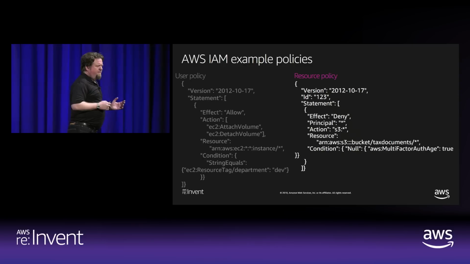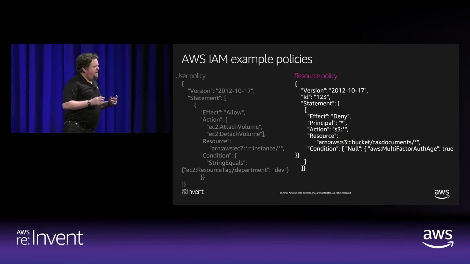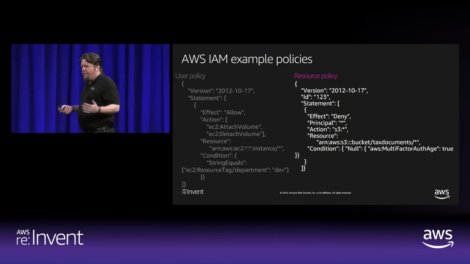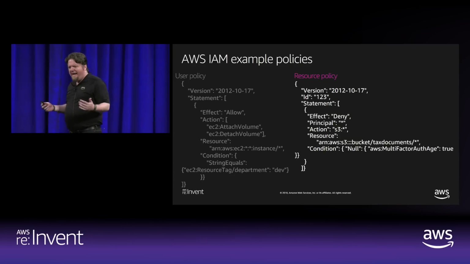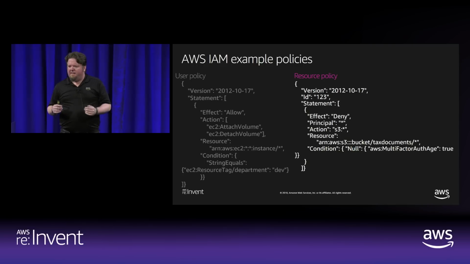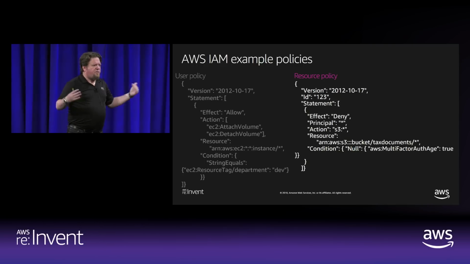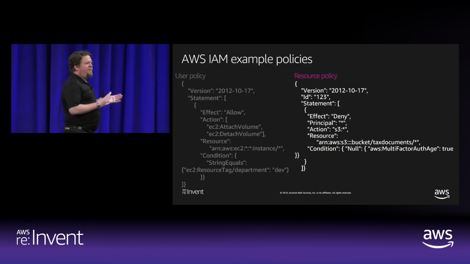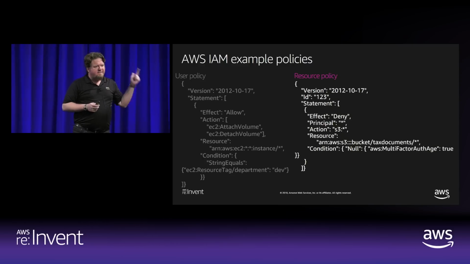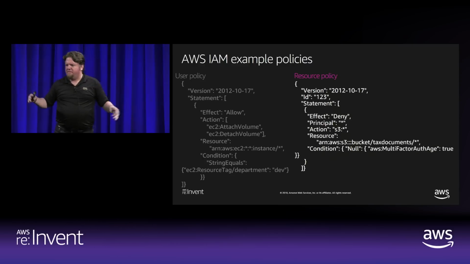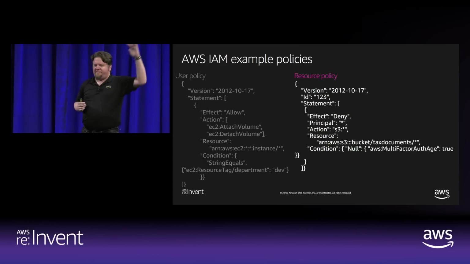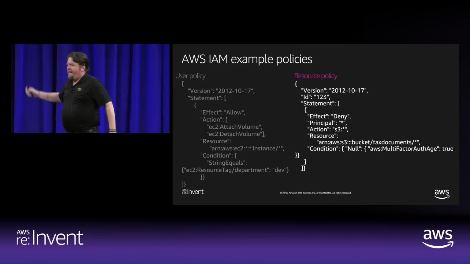This is a resource policy, same style of language, but it's not attached to the principal. It's attached to the resource. You can also use resource policies to grant and allow access, but here's a really nice example of using a resource policy to deny. Now, we always deny. We start with deny when we evaluate the policy language during authorization. And we authorize every single API call. There's no session. There's no session state. Every single time you call, we check. Every single time.